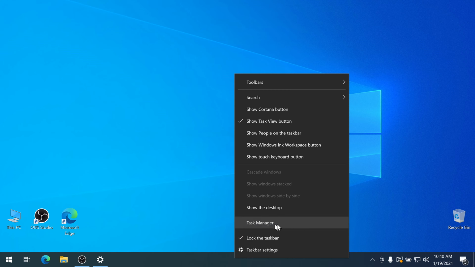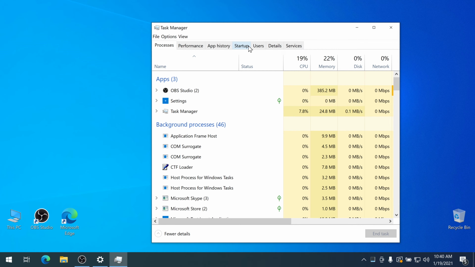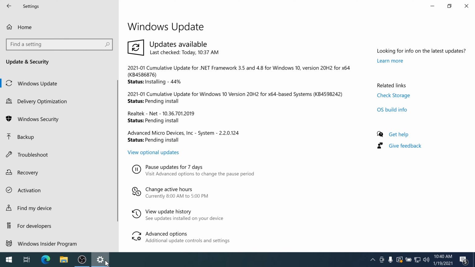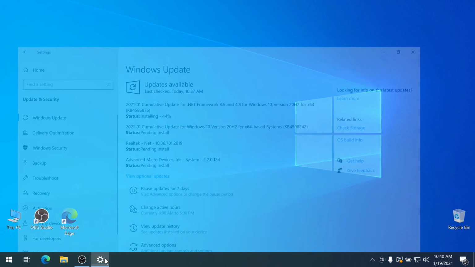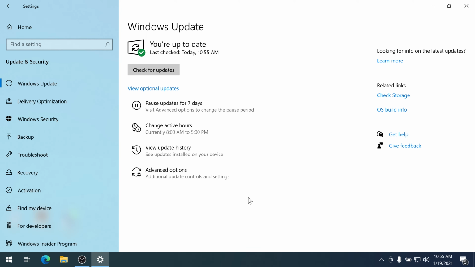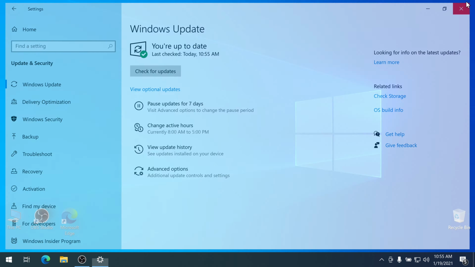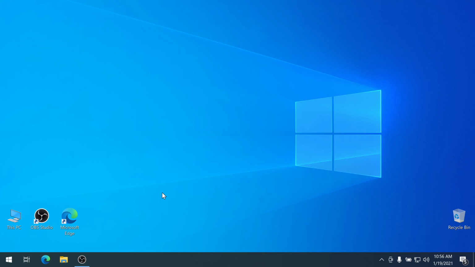Also go to Task Manager, go to Startup and check if it's here. If it's not, it's okay. You can enable or disable programs that run at the start here. Let's check on the updates. Okay. Now it's done. All updates are finished. Check for updates. No more updates. Good. Next, install the browser of your preference.